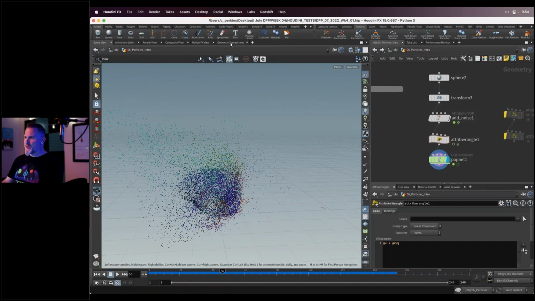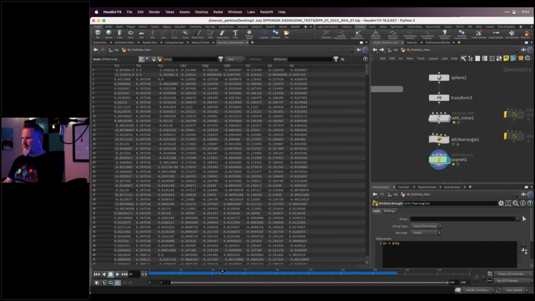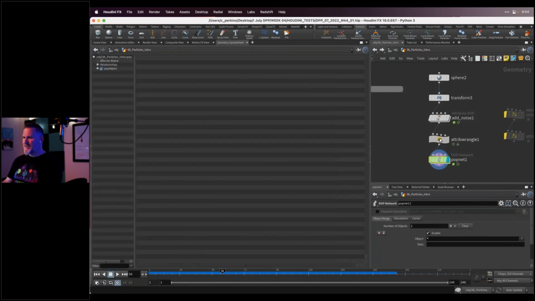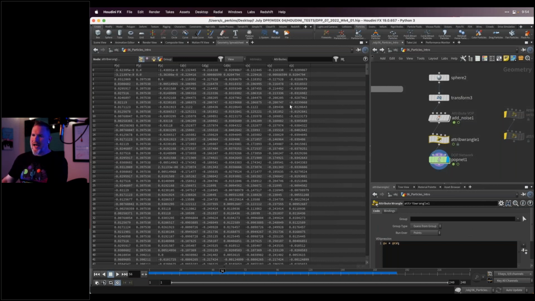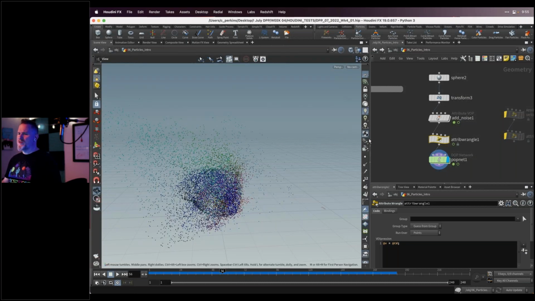And if we go to the geometry spreadsheet with this one selected, you can see that now we not only have a position array and a color array, but we also have a velocity array in X, Y, and Z for every point. And you can see that the CDR matches up with the X of the velocity. The green matches up with the Y, and so on and so forth for every particle. So this is where Houdini becomes potent.